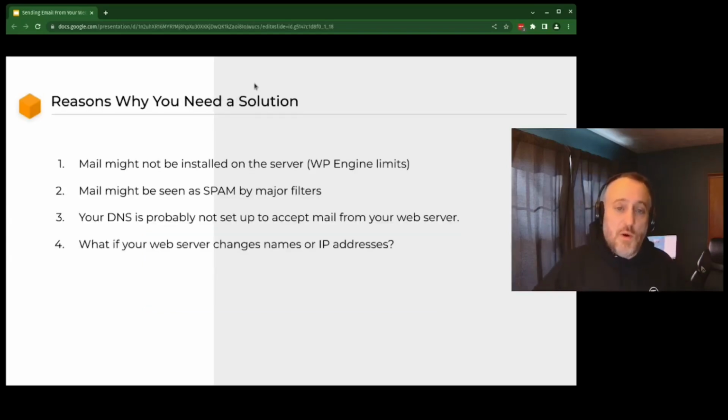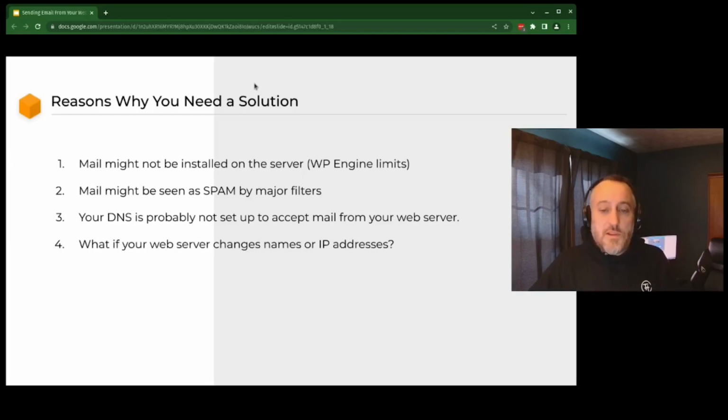So like I said, one, mail might not be installed, so that's one reason why you need a solution. The mail could be seen as spam, so use something like SendGrid, where their whole business model is making sure things don't wind up in spam. It's a good tool.